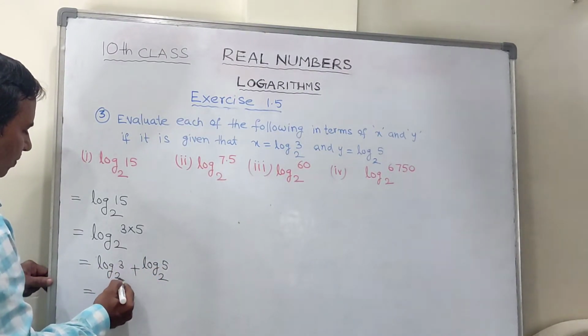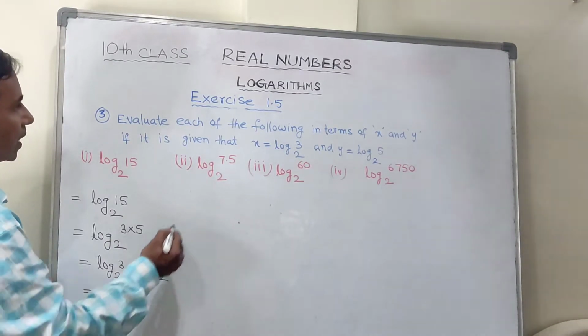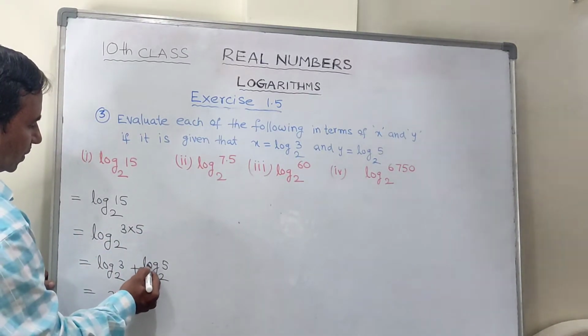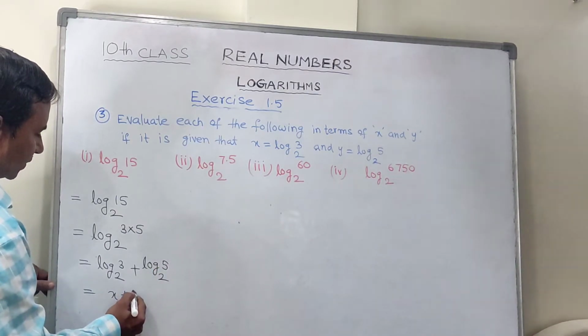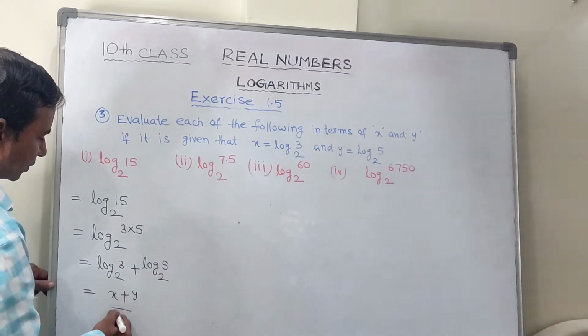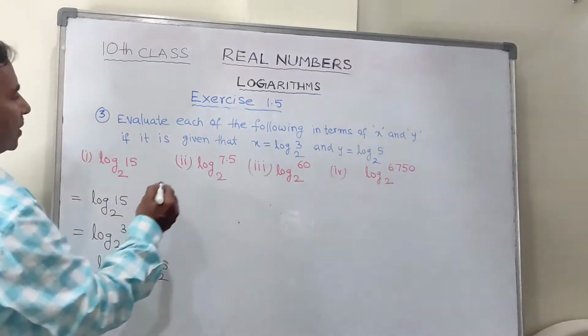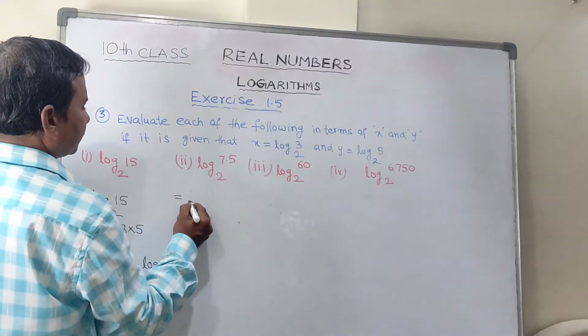As log 3 to the base 2 is x as per the question and log 5 to the base 2 is y, the answer becomes x plus y. In the second problem,